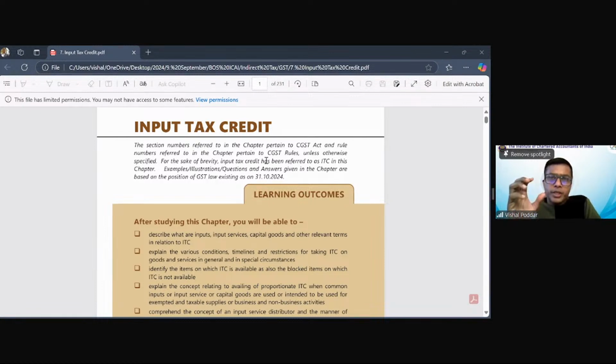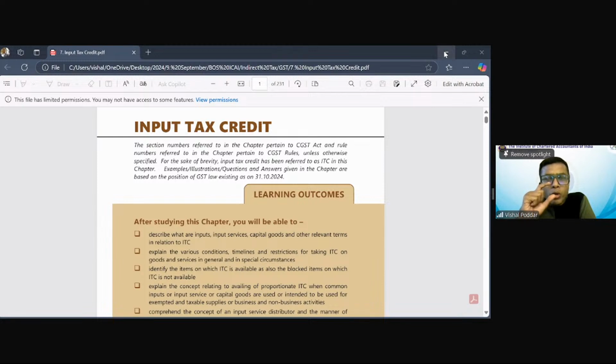Now, GST is designed on the principle of VAT, which is value addition tax. Now, what is this principle of value addition tax? The principle is if I have purchased something for 100 and I'm selling for 150, I should pay to the government the tax only on 50 rupees, which is my value addition to that particular product, which may be goods or service.